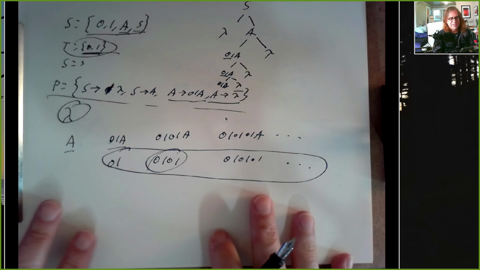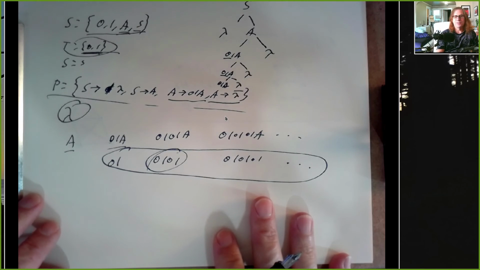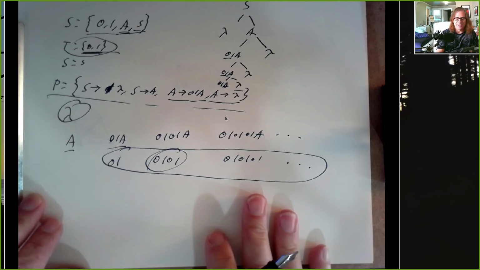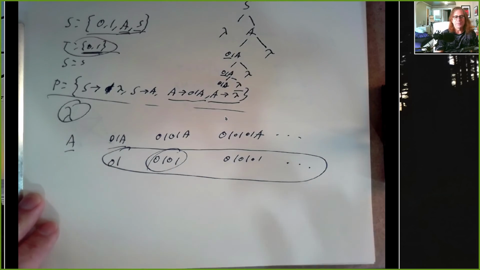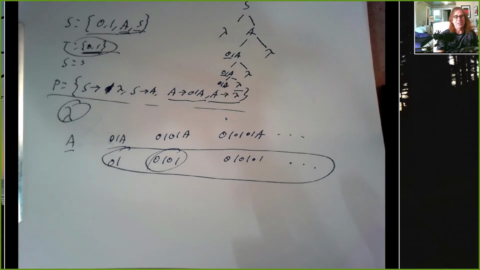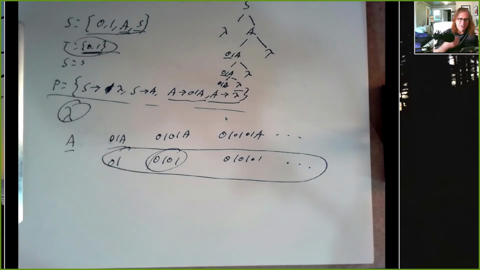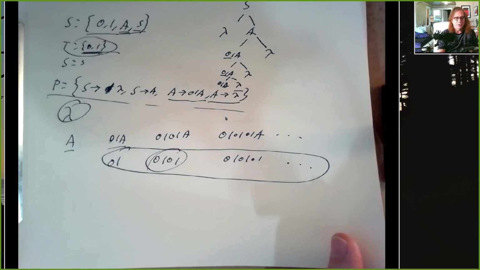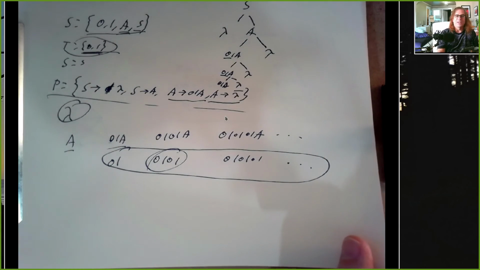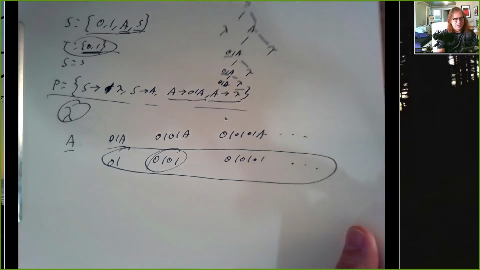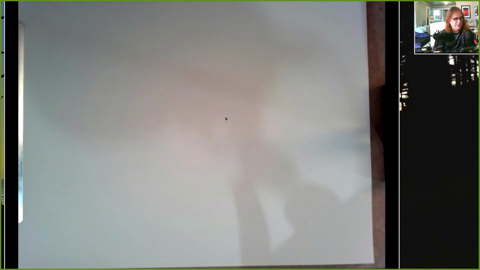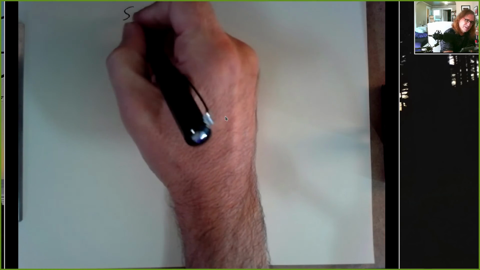So the analysis of these is important. I think there's some homework questions that say, what are some words recognized by this? And you can find these in the textbook also. The analysis helps us get our brains around the idea of how these production rules work together to produce words that are recognized by the language. But the other piece of this is the synthesis piece. And synthesis is always